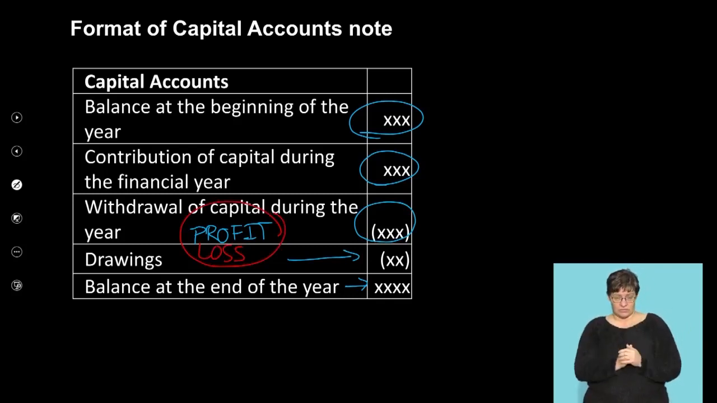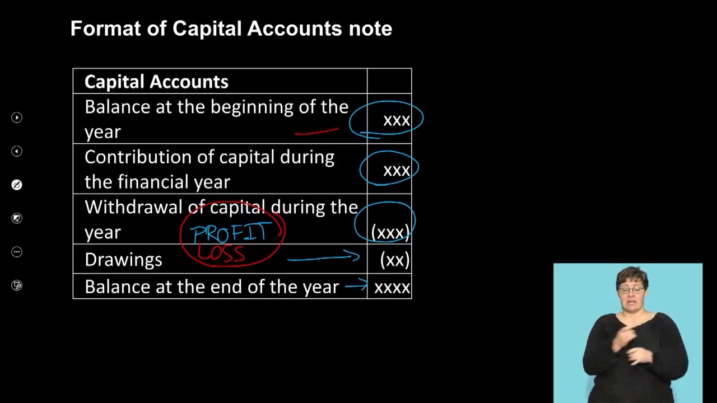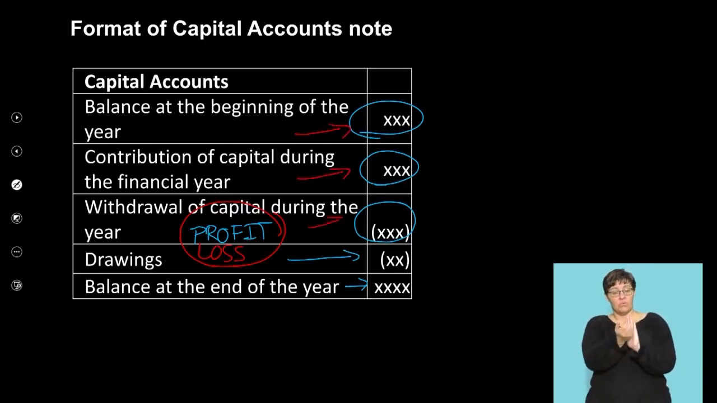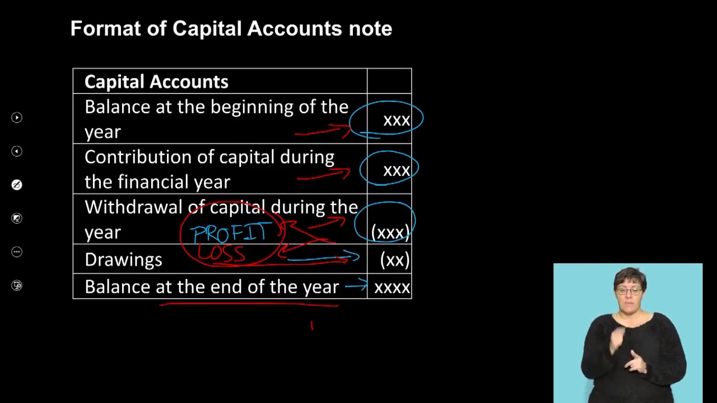Right, so what we have here is your balance at the beginning of the year, plus your contributions of capital, withdrawals of capital, bring in your profit or your loss, and then obviously your drawings. This will then give you your balance at the end of the year. Next note